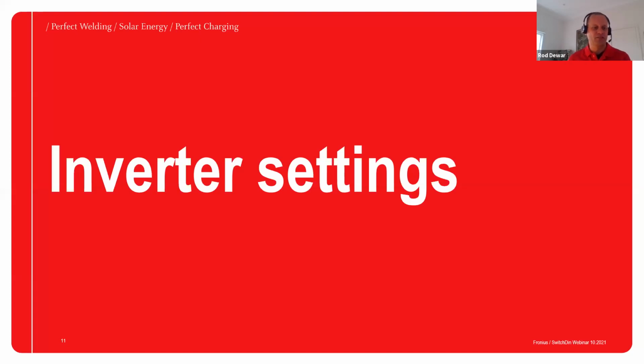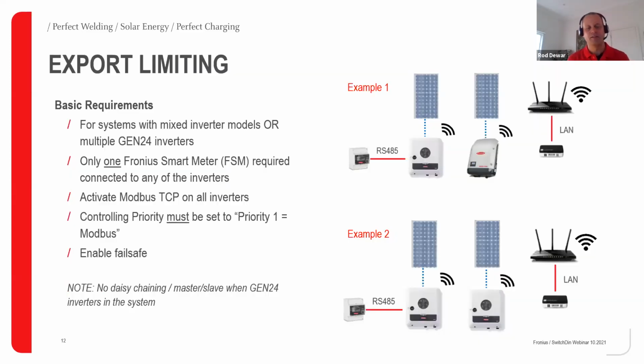So some of the inverter settings, which are just slightly different, that I'll go through, in terms of your normal setup. Some of the requirements, so this is for systems which are mixed inverters, a mix of a Snap inverter and a Gen 24, or ones which have just multiple Gen 24s. Only one smart meter is needed in this. So if you look at example number 1, this is a site where you have maybe potentially export limiting on there,